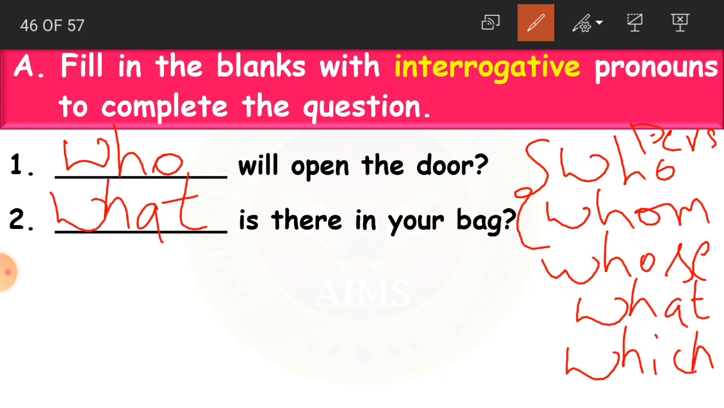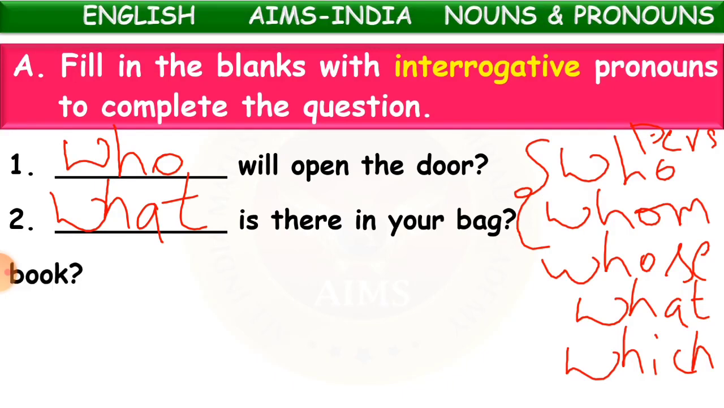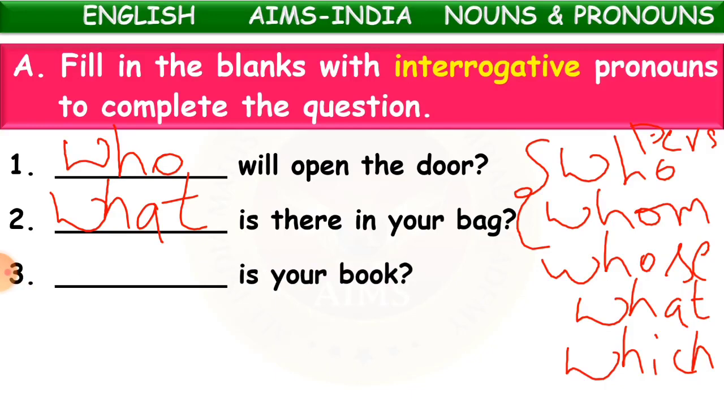So that is why we are addressing it as what. For objects or things we address it as what. And the third one, dash is your book. Dash is your book. But when it is an interrogative pronoun here, so we have to use, suppose if you